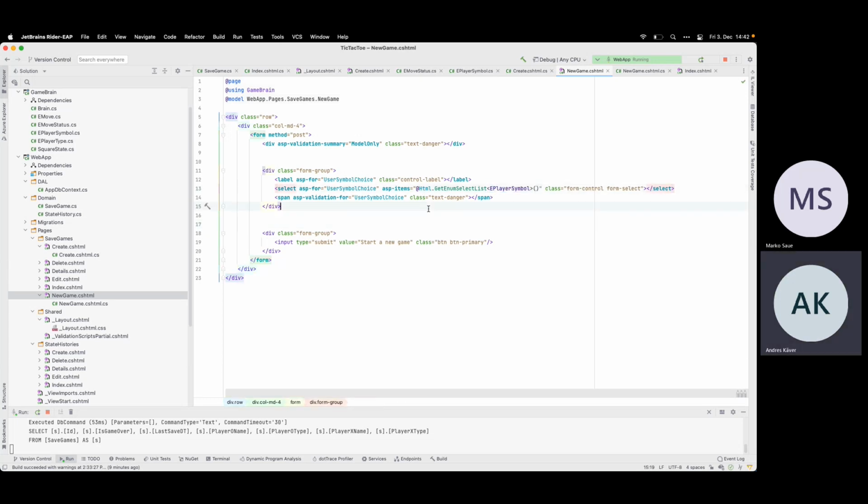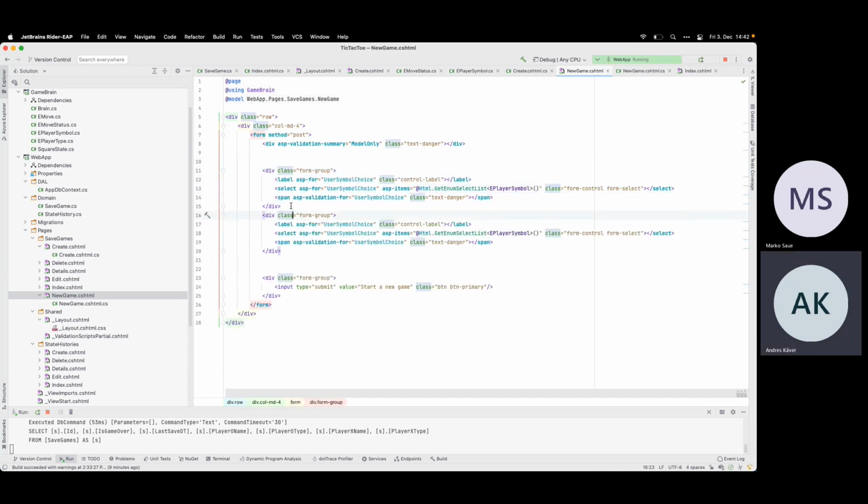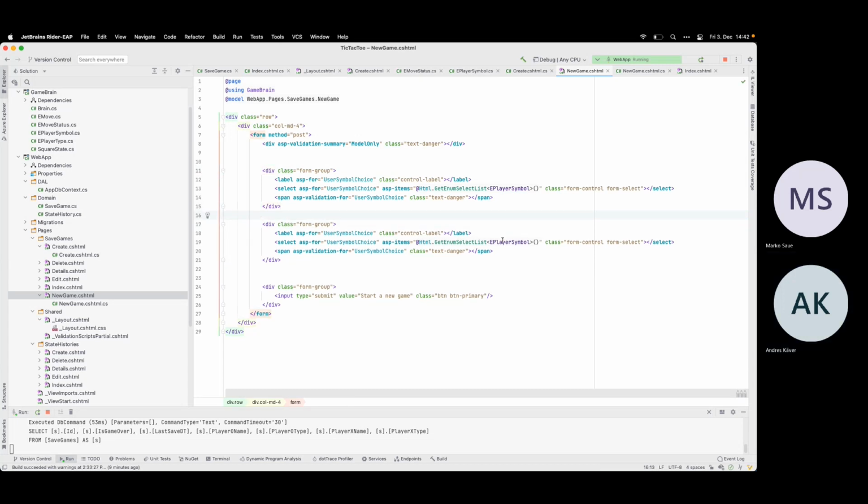So this is the player symbol. And then I need the other one, which was the player type. Other player type.